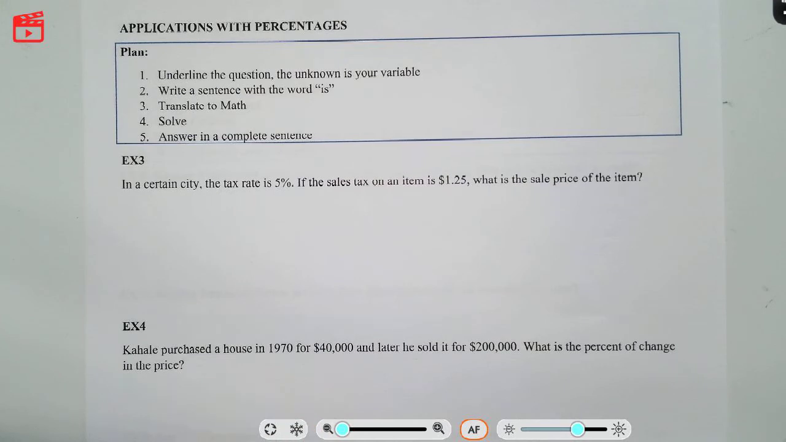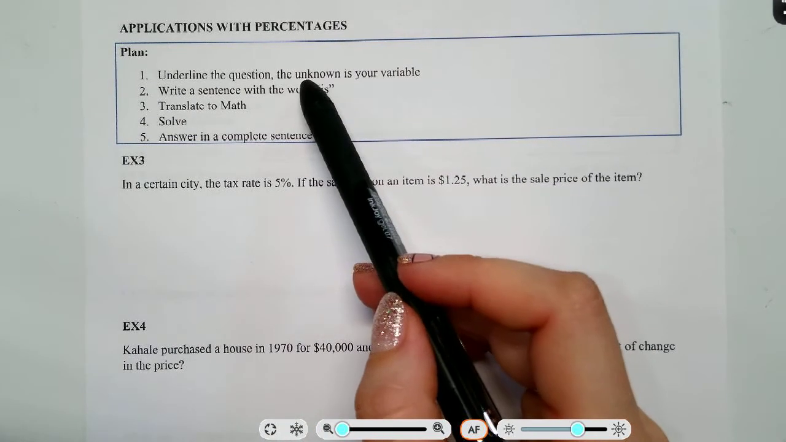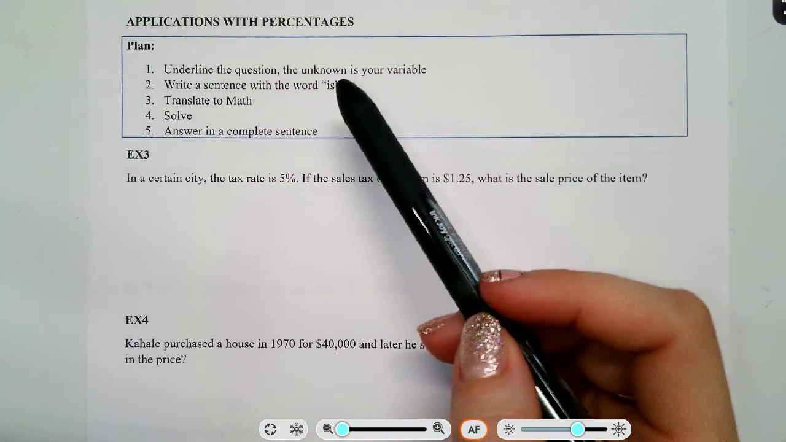All right, applications. Always exciting. So our plan for applications, you want to underline the question to figure out what the unknown variable is or what we're trying